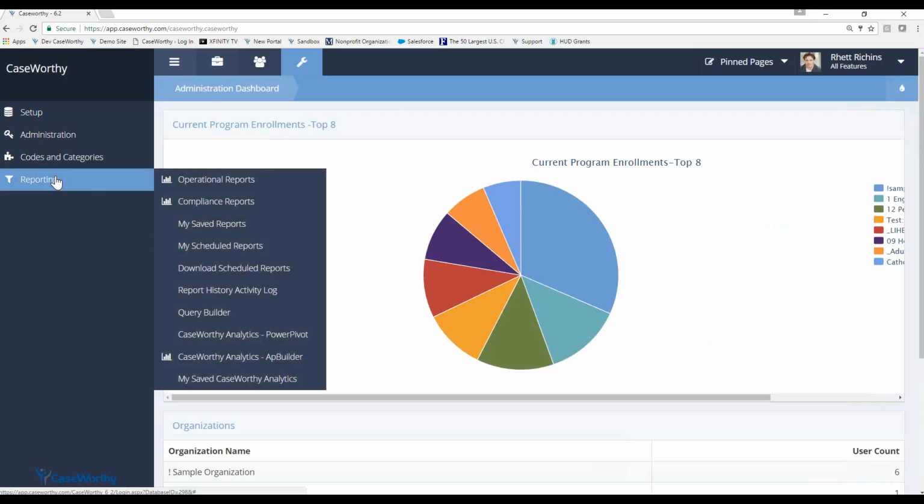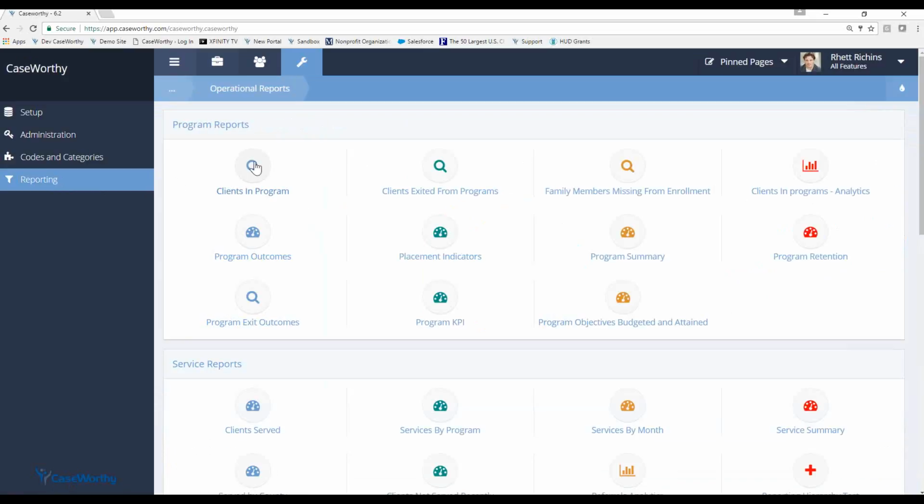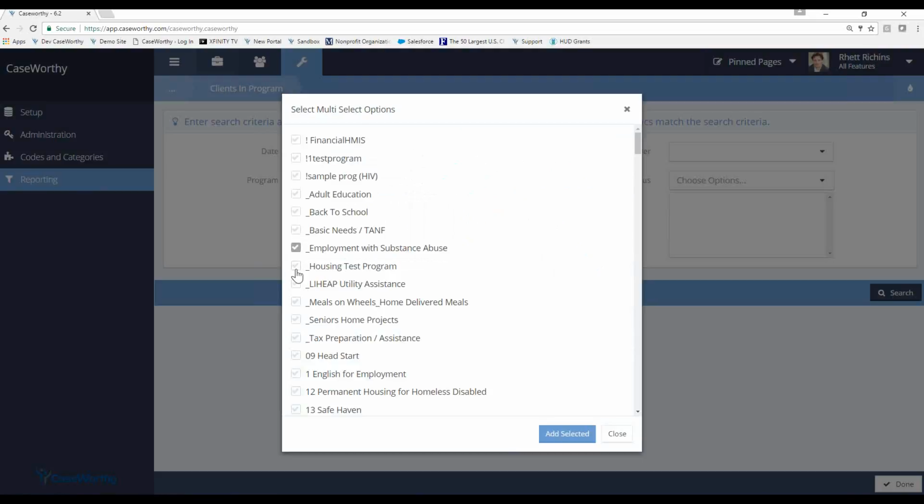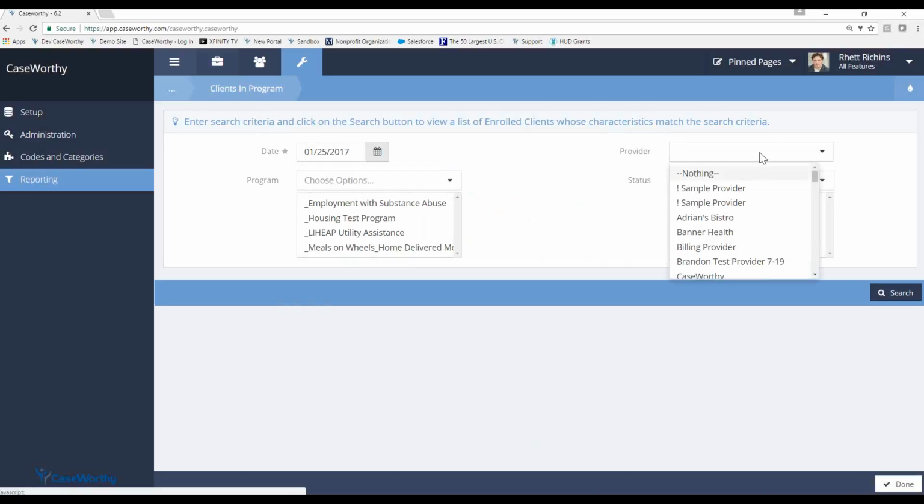Now, that's one form of reporting, and we have 3 others. And the easiest one to show you is really this clients in program. This is a type of form. It's a search form. And if we wanted to, in a matter of 30 seconds, we could add a field here. But all this is saying is everyone as of this date in these programs at this provider or location,